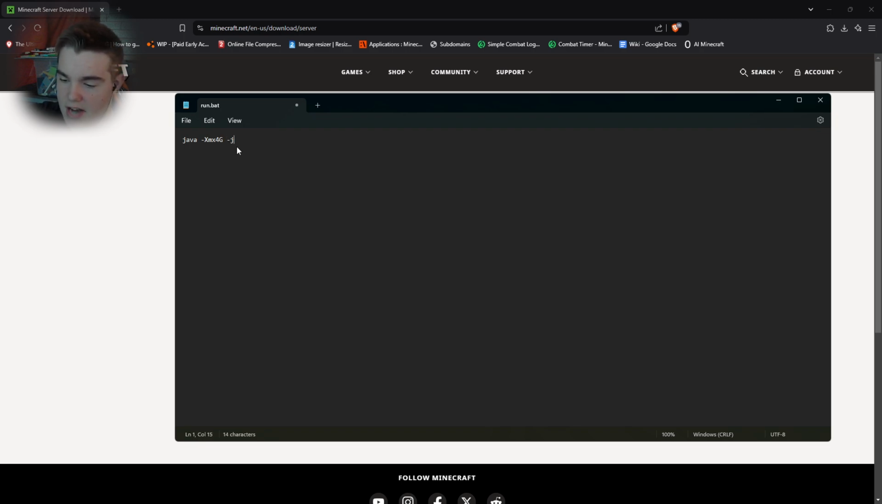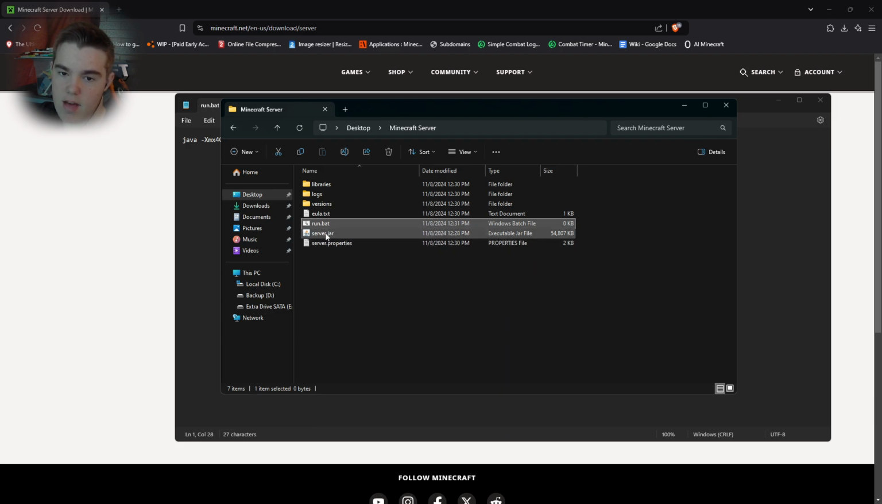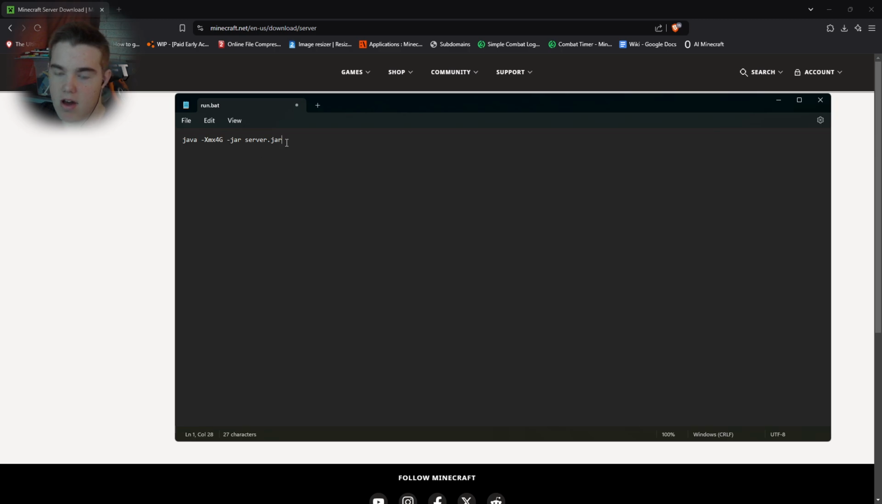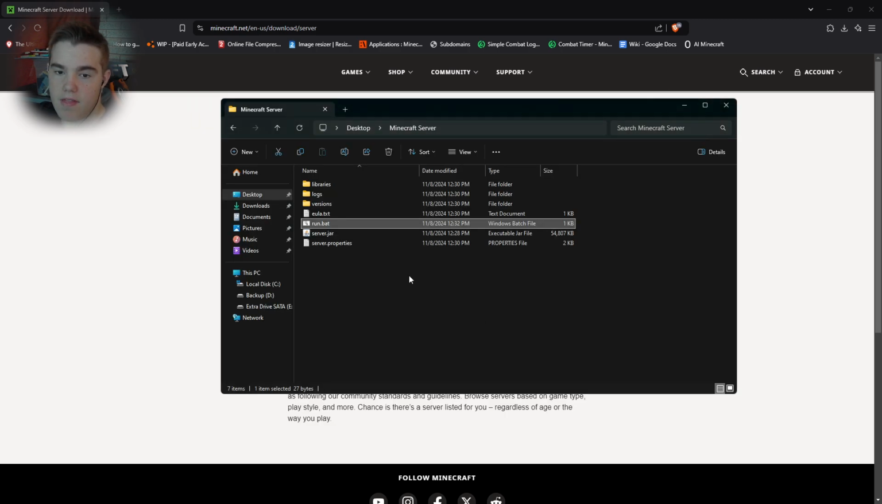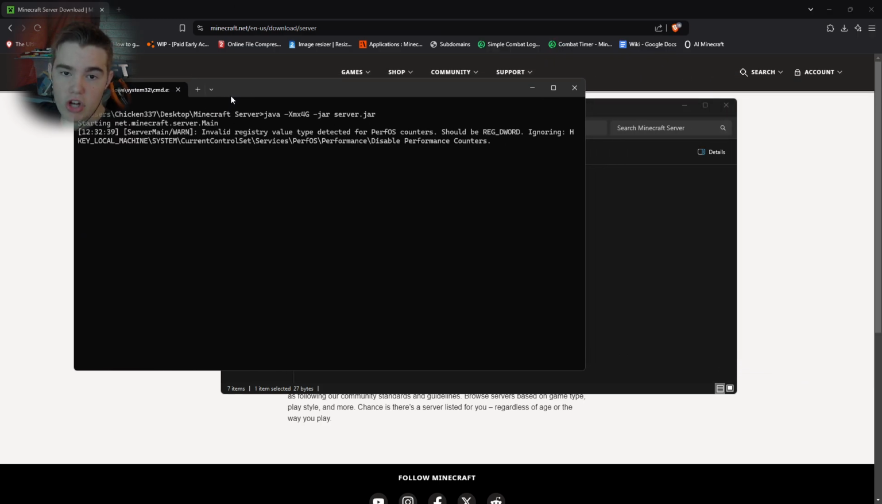And then you do the dash jar server.jar, and if you rename the server.jar file to anything like Minecraft server.jar, you just want to say whatever this thing is called, you want to put it here. Okay, we'll do Control S, and then we can double click this, and it'll pull up a terminal window,